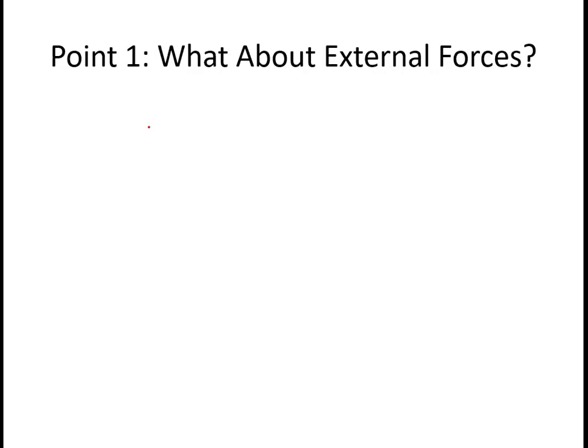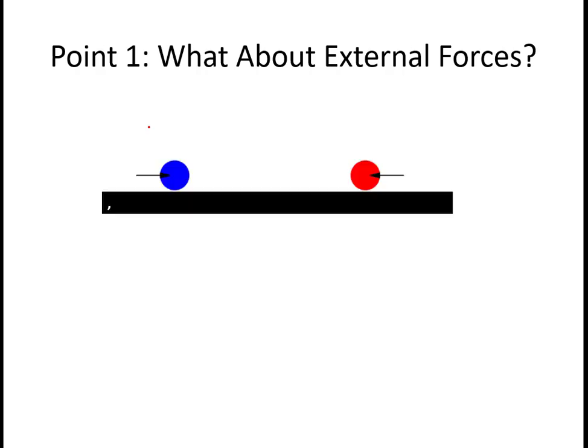Now, when two objects are moving towards each other, say two balls colliding, you might think, wait, aren't friction or air resistance two external forces always acting on the system? Like friction between these two surfaces here, and air resistance acting opposite to the motion of the ball. And if they do exist, does it mean that the law of conservation of momentum fails over here? Of course not. Here's the key idea.